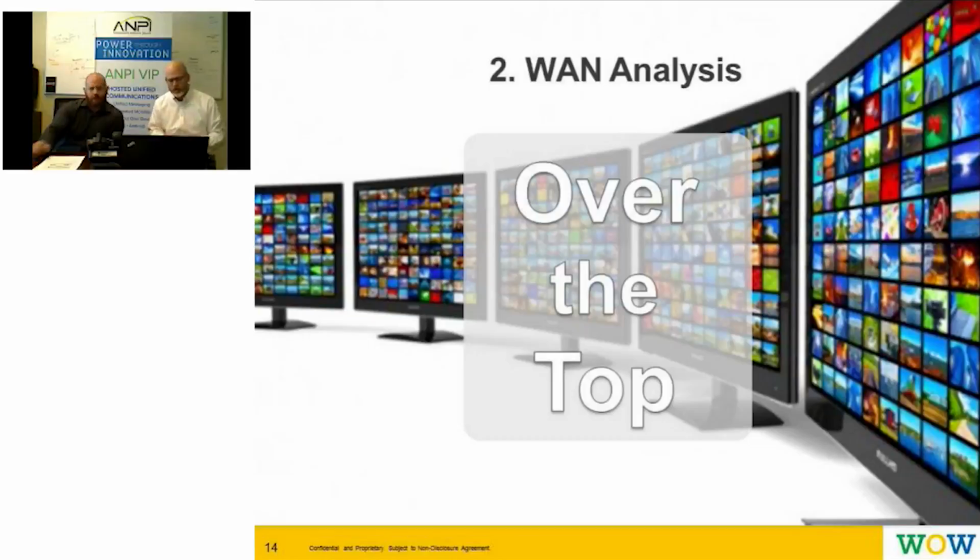Well, over the top, we like to leave a little bit general because that's exactly what it is. It's over the top of any network. If you have MPLS, we can ride over your MPLS. If you have a customer who's not comfortable with going over the open internet and they have MPLS, they can tie into one of our nodes and basically incorporate us into that MPLS environment so they can keep that high level of security. I can go over the top of open internet. We can go over the top of any kind of connection that they have, as long as they can get data to their site and they can get to our IP address on the wide area network,